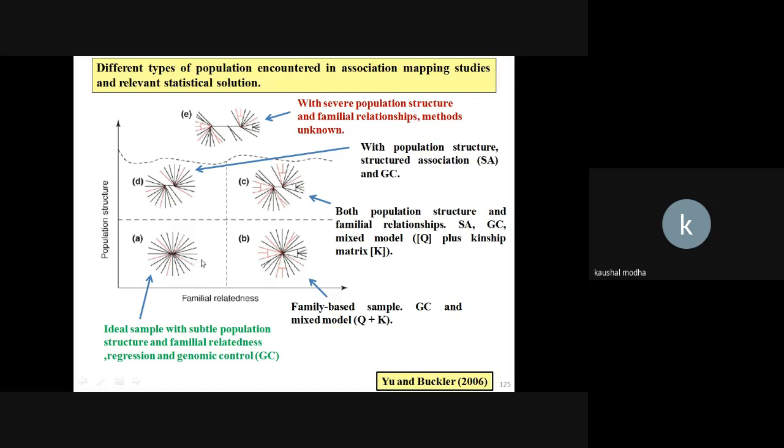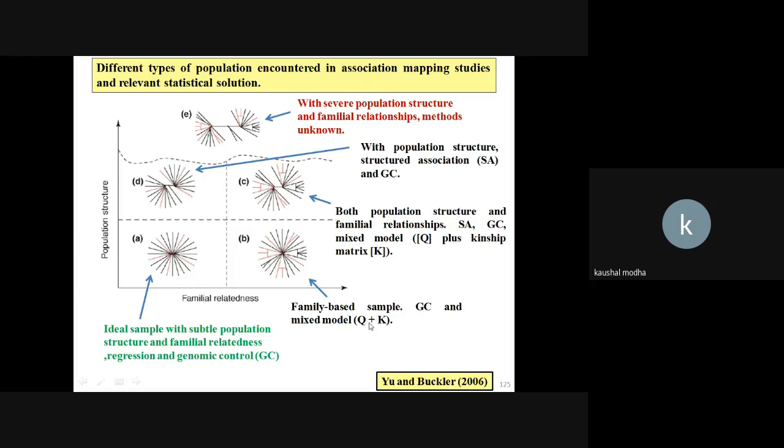So if you have a germplasm panel and you are subjecting it to association mapping, and there is no population structure and no genetic relationship present, it is the best population. For that, genomic control is generally sufficient to avoid false positives. You might have population B. Here all lines are merging into one common point, which indicates there is no population structure. But you see these lines are interconnected. It indicates genetic relationship. So to deal with this kind of population where genetic relationship is present, genomic control and